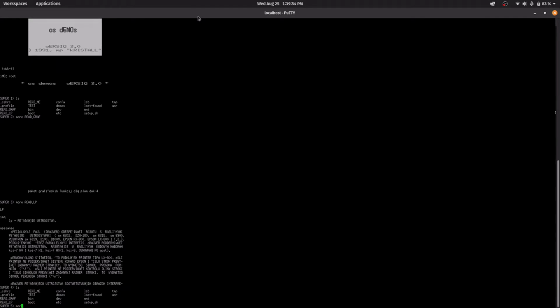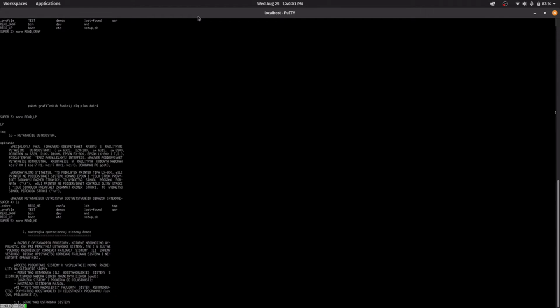And the third file, read_me. It is written with Cyrillic characters, but it should look like either Russian written with Latin characters or another Slavic language written with Latin characters such as Polish or maybe Czech.